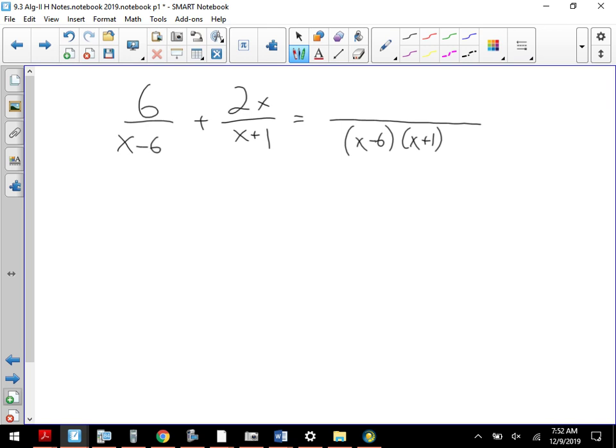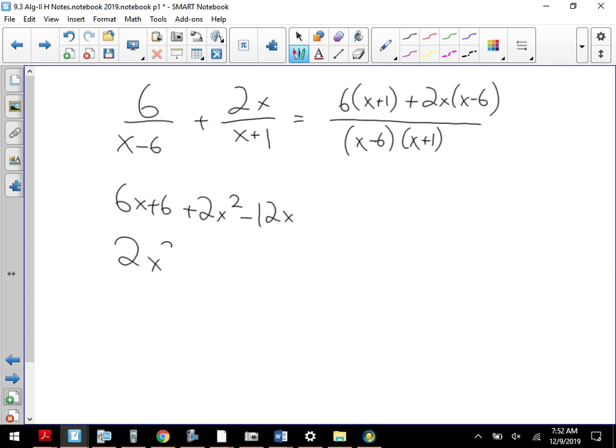First fraction needs the x plus 1, so it'll be 6 times the quantity x plus 1. Second one needs the x minus 6. And remember, all we have to do is always multiply out your numerators, combine like terms in the numerator, and then you can leave the denominator. So you get 6x plus 6, 2x squared minus 12x. So if I rewrite that, I get 2x squared minus 6x plus 6 over the